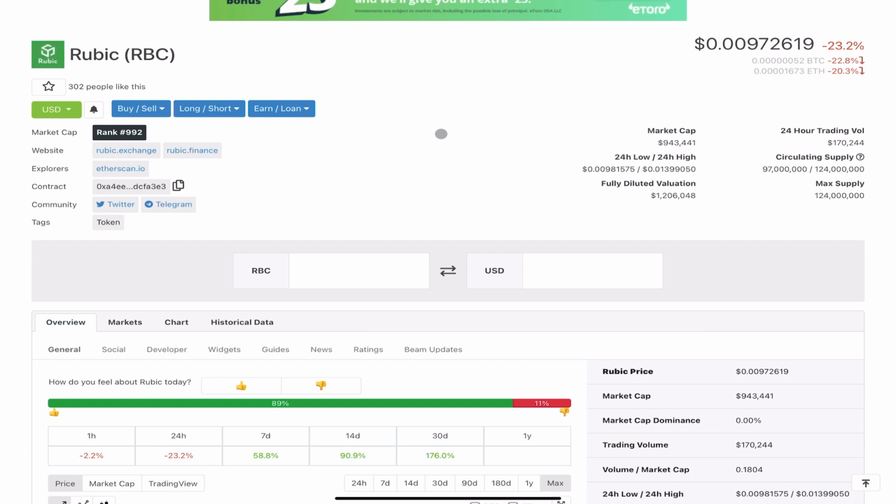Me personally, I don't touch this stuff. The 24-hour trading volume is $170,000. That is nothing. That is nothing. My threshold, my minimum, and it comes with a lot of fundamental analysis to ensure the demand is there, because it's very important when analyzing supply and demand that you have one of them on lock. You can't interpret both supply and demand at the same time. You have to just assume that one is there.